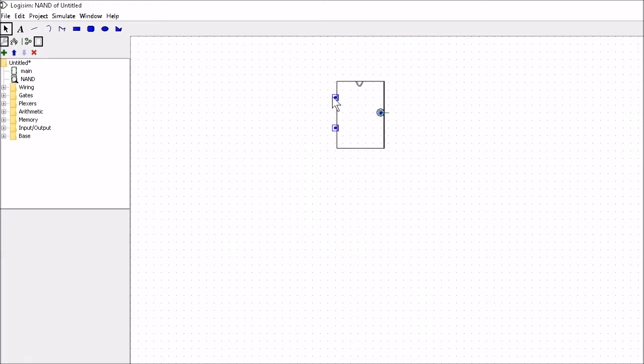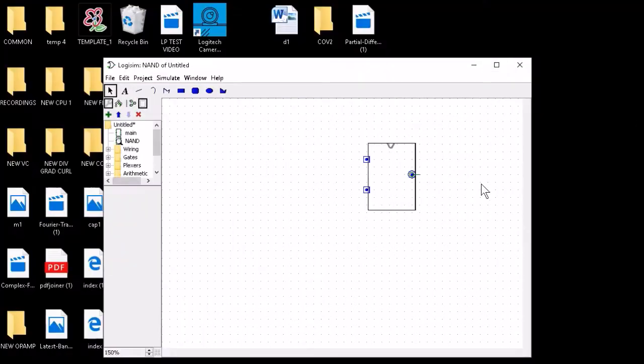Now we're going to give the pins here names, but you might be wondering, if you had a really complicated circuit, how do you know which pin is which? Well, if you were to click on the pin, it will show you in the bottom right hand corner, so you can see it's moving about in between the pins and you can see which one is which.